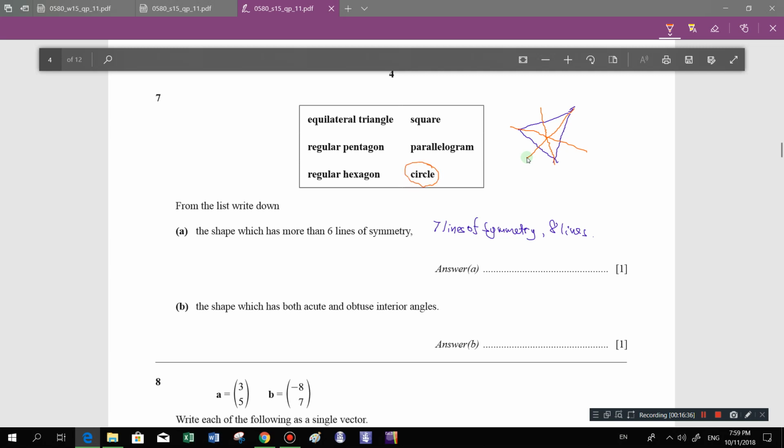Now what about regular hexagon? Okay, pentagon, hexagon. So this hexagon is six-sided. So six-sided, there's only 6 lines of symmetry. Okay, so this out, this out, this out, this out, this out. So the answer is